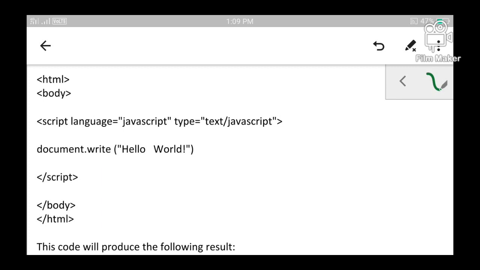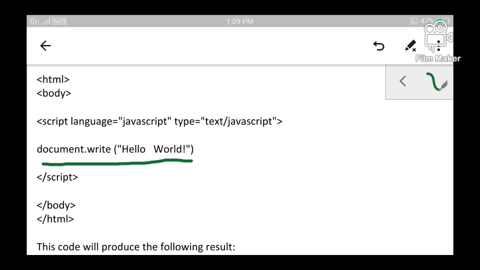Within the body section, I have introduced the script tags. This is the script opening and this is the script ending. Within these two tags, I can give the JavaScript code. I have used only one statement here, and the code I have included is